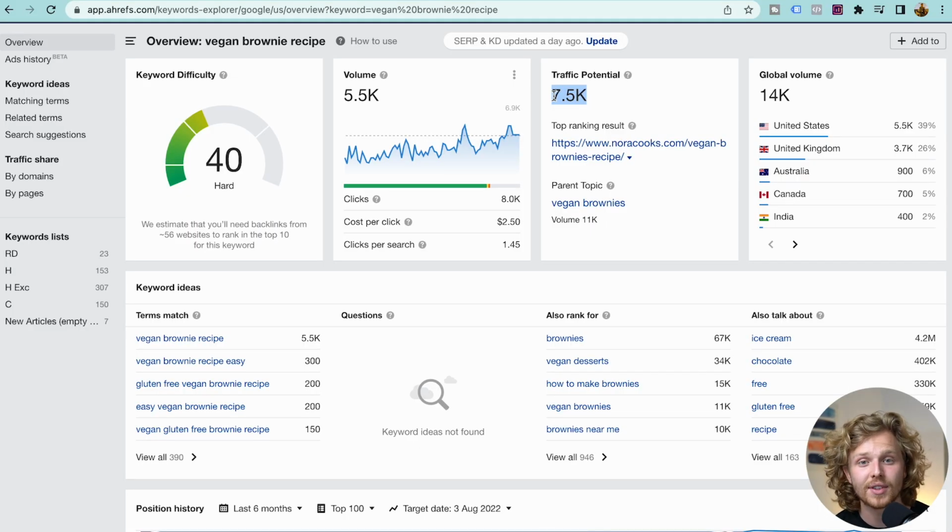So Ahrefs is giving us that estimated traffic potential, basically saying if you were to rank #1 for this keyword, you would also take over all these smaller keywords that you can't really see right now. So this is the total traffic potential if you were to do well in this keyword, right? So 7.5K of monthly organic traffic, that's pretty solid. You can definitely build a business